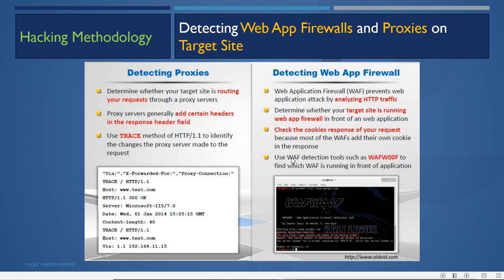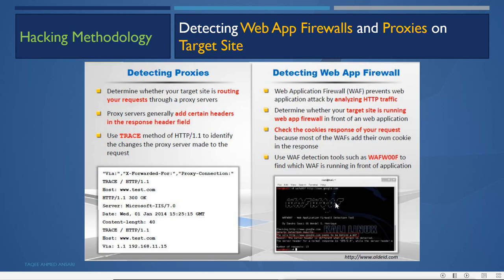So we can use WAF detection tools such as WAFW00F to find which web app firewall is running in front of the application. If any application is running a web app firewall, we can detect it by using these tools.